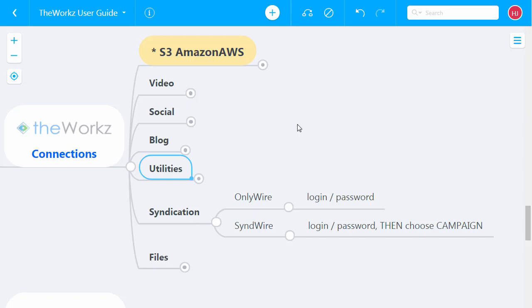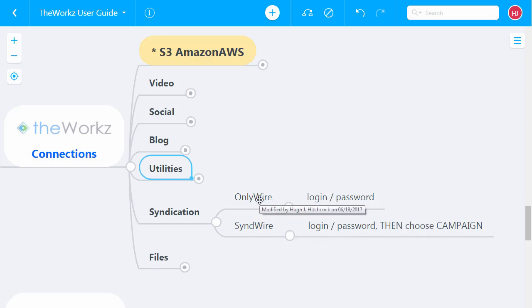So once you program those in, any piece of content that gets created and posted by the system then gets sent over to OnlyWire or SendWire if you have it set up that way, and then those pieces of content will be syndicated out to the huge networks that you have set up.